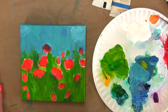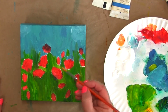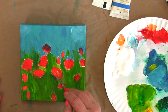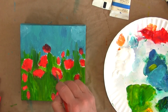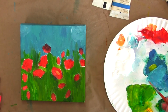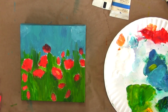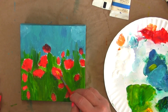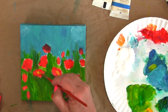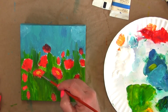I'm getting some little orange. I'm mixing up a little orange here for, let's say, a little center area. I may even need it to be a little wider. And then it's going to be black in the center, but I will probably mix a really dark color instead of actually using black. So add a little more yellow, and I want to have at least two that have a center to it. Some of the other ones may be buds or...